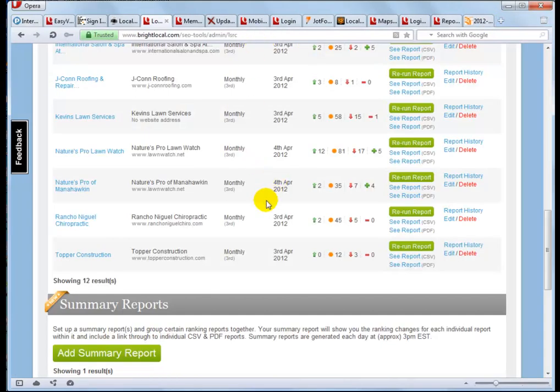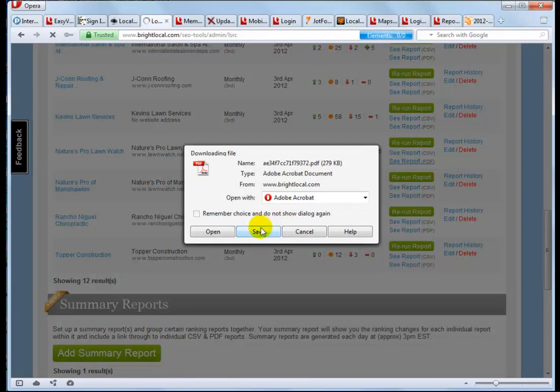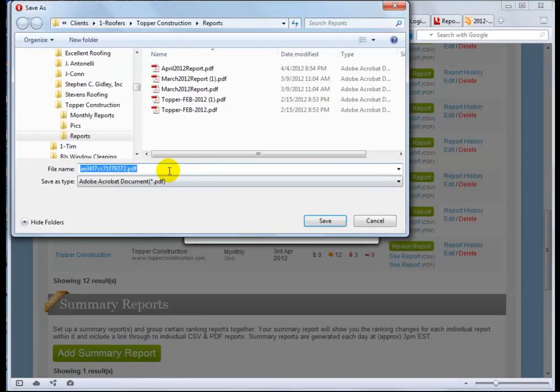than this one, and that would be Nature's Pro Lawn Watch. This one is quite long. As you can see, 81 stayed the same, 12 went up and 17 went down. So you might expect it might be a little bit longer, and you would be correct. So let's just do